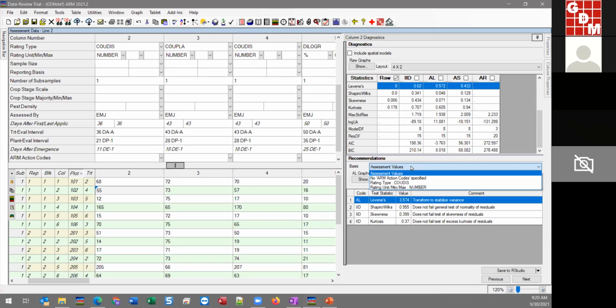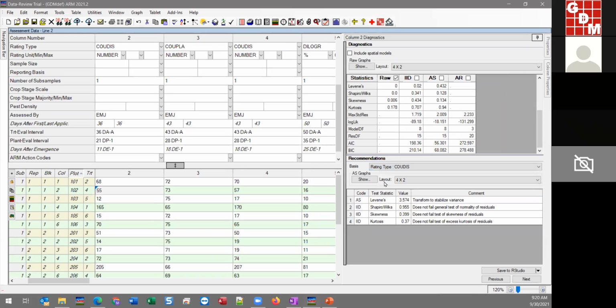And so we can simply look at the assessment values. What were the values there? Look at the test and say, all right, whatever works will work. But we could have ARM look at the rating type, for example. And in this case, it is a count. And so count data lends itself more towards a square root transformation. It's more common to use the square root transformation when you have counts,